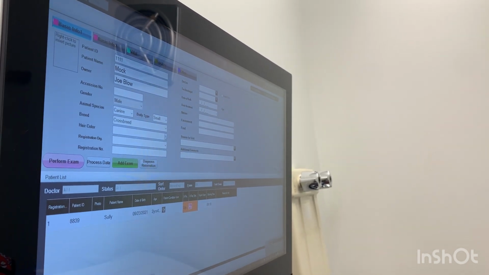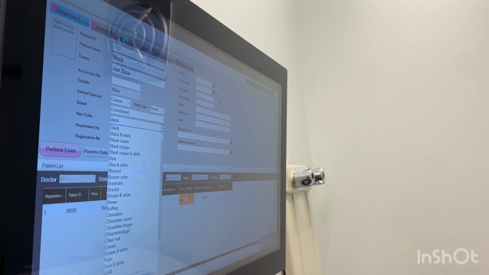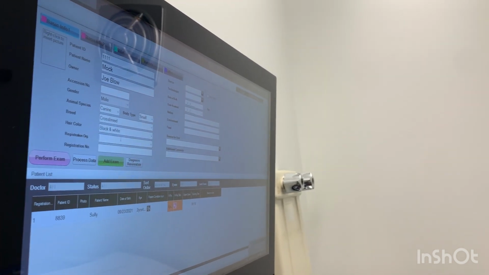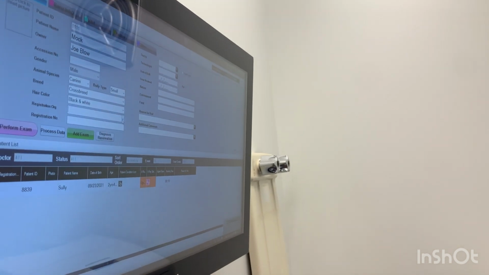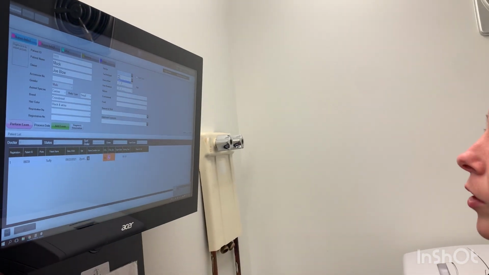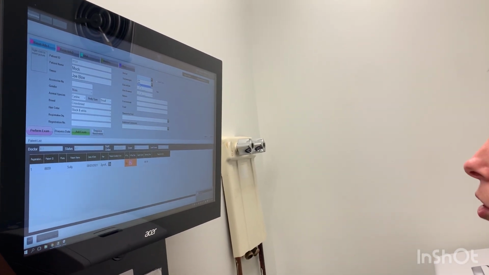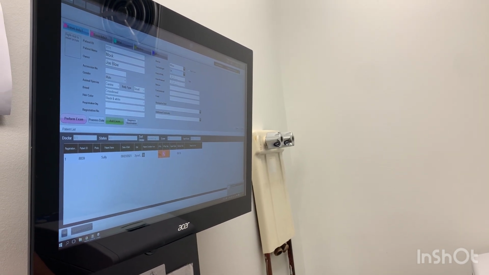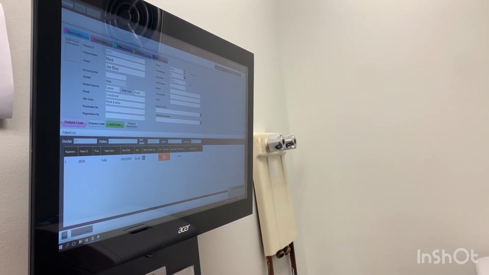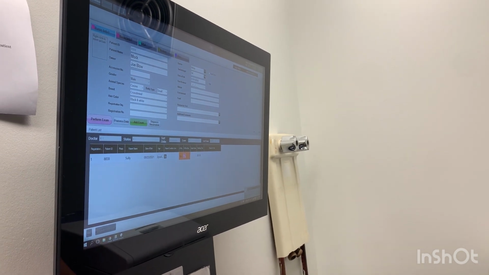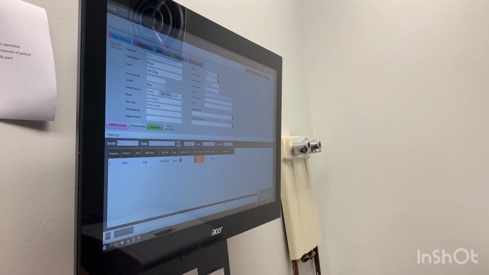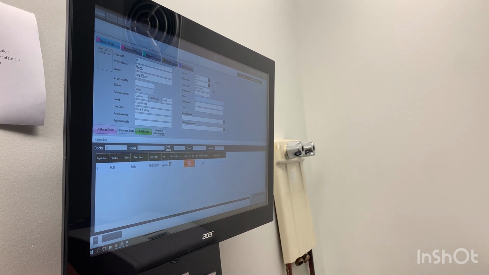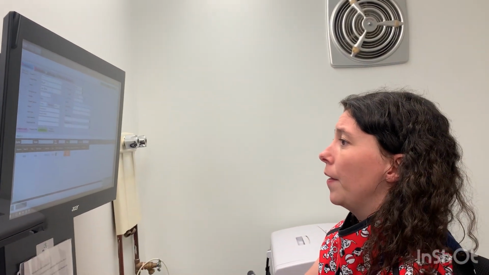Hair, we don't need to fill this information out, it doesn't change, but we can put black. It doesn't need to be registered. Select the doctor. I'm working with Dr. White here today. A technologist, my initials. We can make up a birth date. And then we could fill this information out if we needed to, but all of this information we would have in our PIM system, which is Avimark. And then we need to press